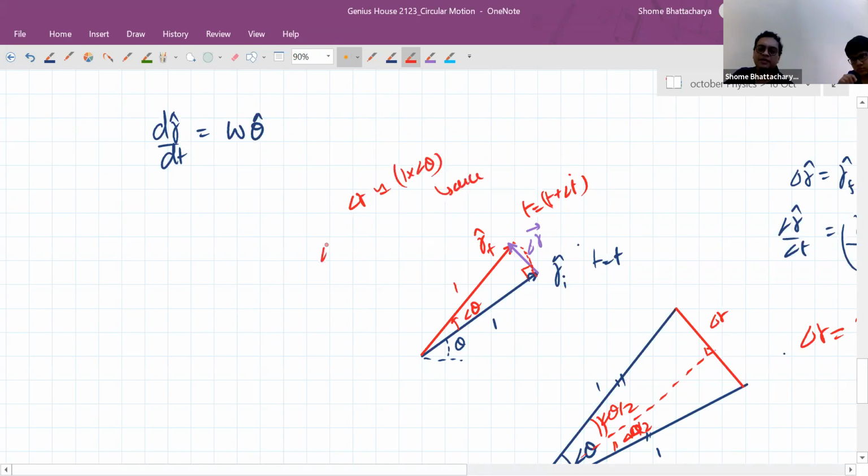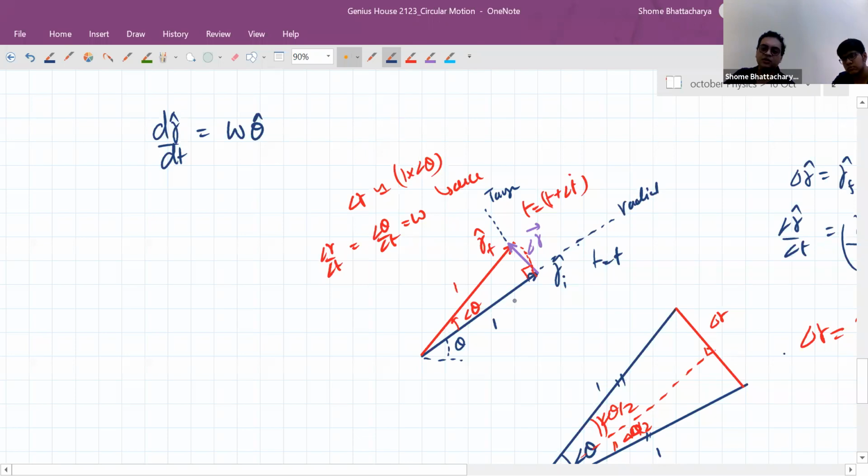Okay, so my delta r by delta t is just becoming delta theta by delta t, which is nothing but omega. So the magnitude of delta r by delta t is how much? Omega. And also you can see that this angle will tend to 90 over here. So it's in which direction now? It's in the tangential direction, because this is the tangential direction and this is the radial direction at that instant. So this triangle, as it's getting compressed into a very small sort of arc, you are getting that relationship.